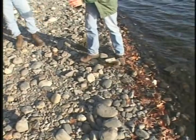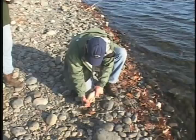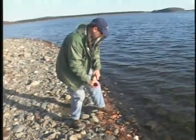About 18. They're not getting bigger. Don't push the button. Let's see if the